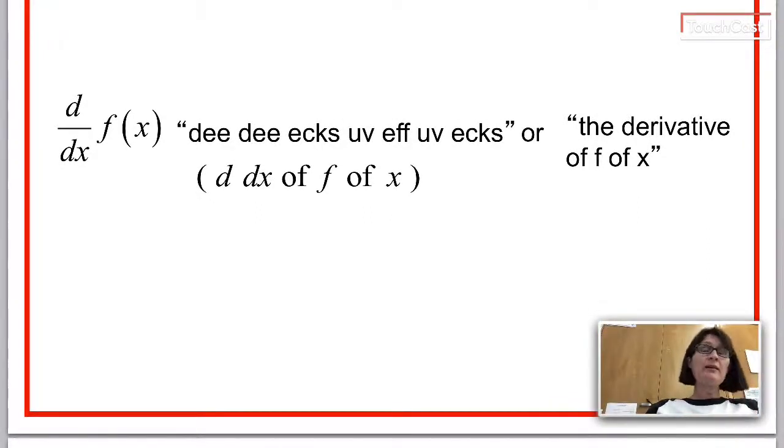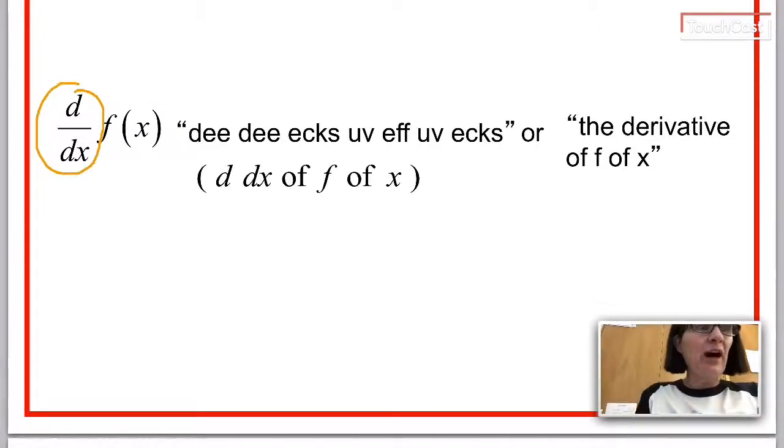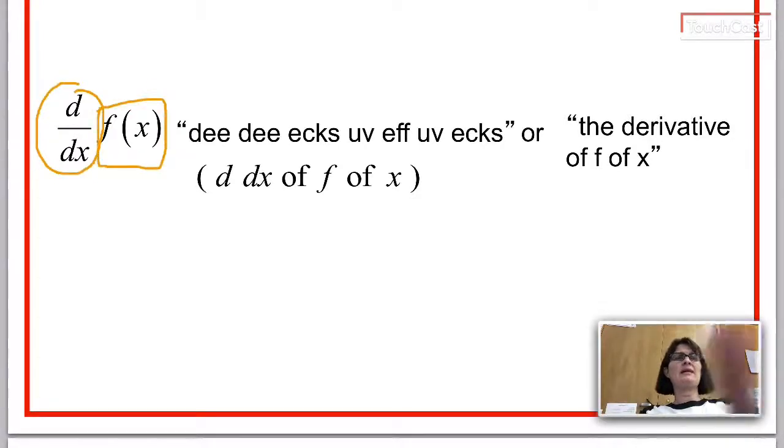So this is very long, but it introduces an important idea that I want us to make sure we catch. This says d dx of f of x, so the derivative of f of x. And just notice here, d dx, this part that I circled, it doesn't mean the derivative, it means take the derivative of the thing that comes after. So d dx means look at whatever comes next, in this case f of x, and find me its derivative. So d dx, the thing I circled in orange, is an operator,